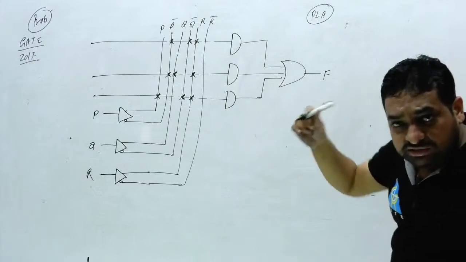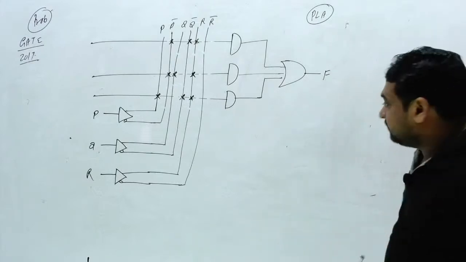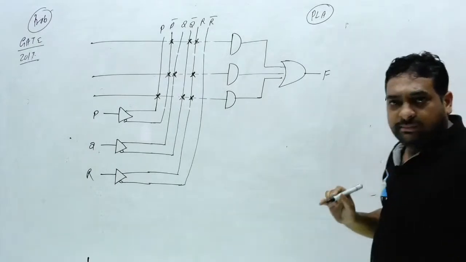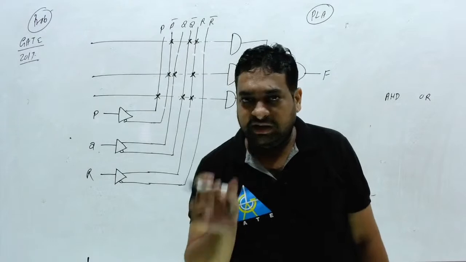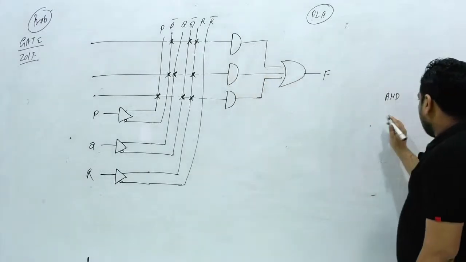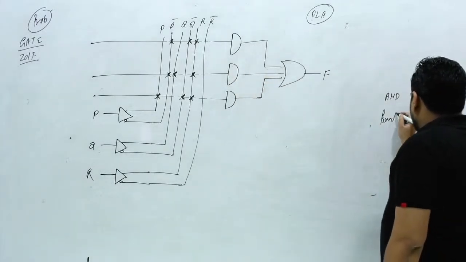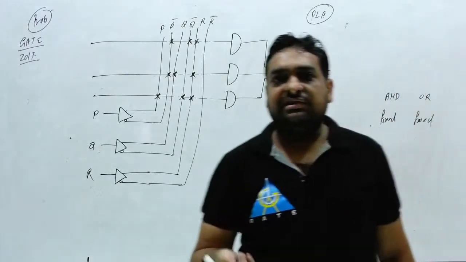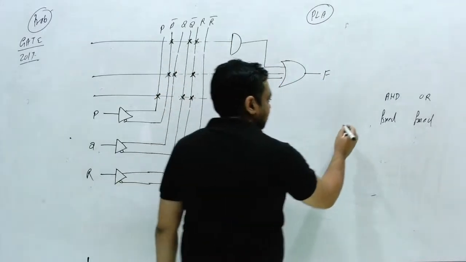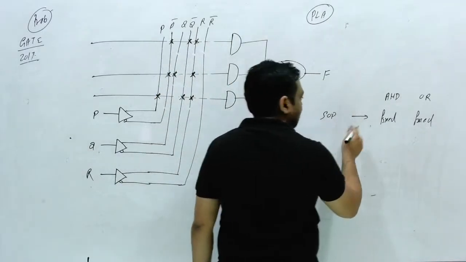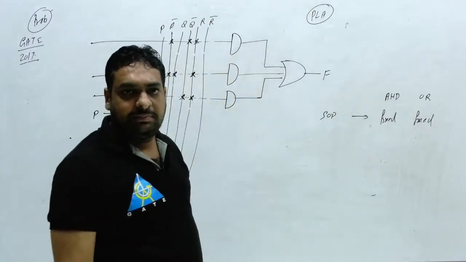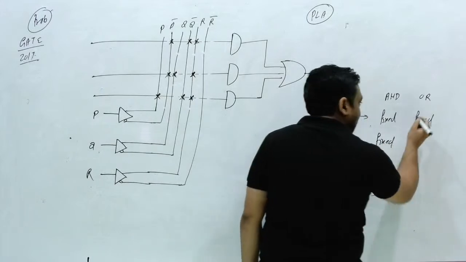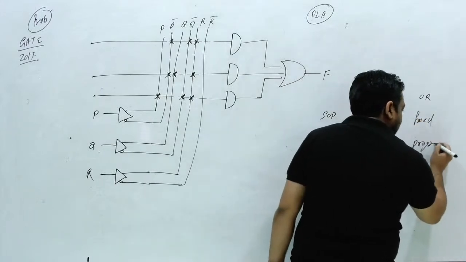First I am going to tell you some theory, then we will jump to this question. Already we know the AND array and OR array. 2 arrays can be used to implement any SOP, the AND array and the OR array. So here the AND array is fixed and the OR array is fixed. If both are fixed, that circuit is generally called a basic SOP. This is the standard SOP. If both are fixed. Okay, now if this AND array is fixed and this OR array is programmable,